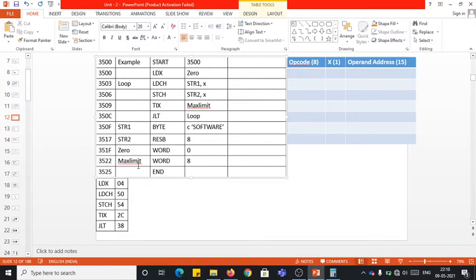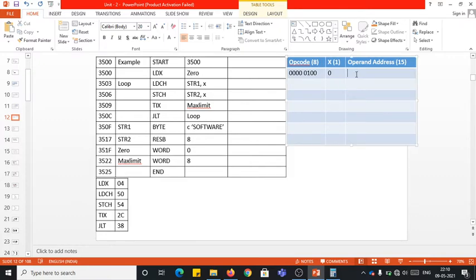Now let me take it to the object code generation. As we spoke about, what is the opcode of LDX? Based on this table, it is 04, that is 0 and 4. Again, does it make use of any X register in the operand field? No, so X is 0. What is the operand? It is 0. What is the address of the 0? It is 351F. I repeat, the address of the 0 is 351F.